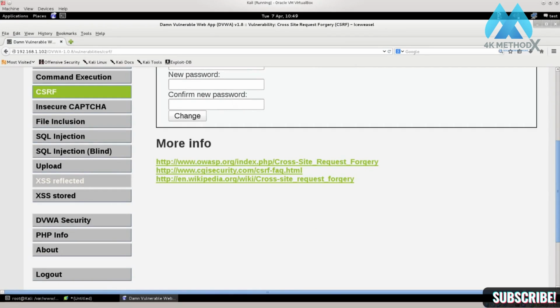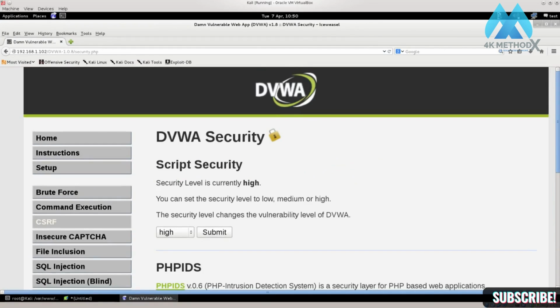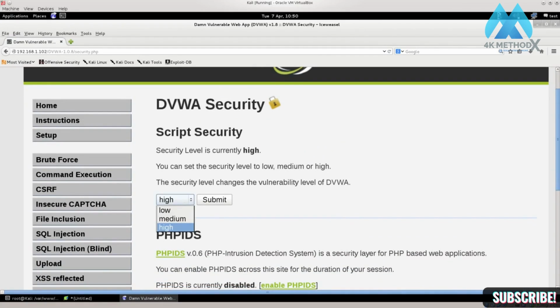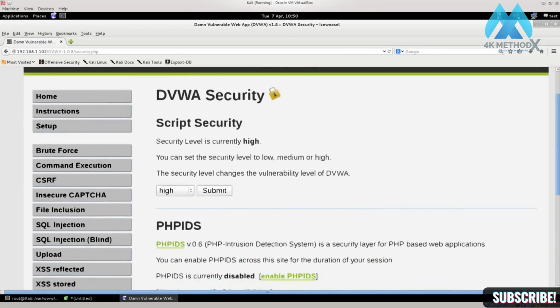I won't go through all of them, obviously, but I will go through some, as I said, to a significant amount anyway. And down below you have DVWA security. So go ahead and click on that. You are able to set the security level of this web application in general. It can be low, medium, or high. I would recommend that you go with high, primarily because that's going to reflect the real-life circumstances to the greatest degree. If you go with low, pretty much everything you do is going to fly, which is not the case in the real world. Anyway, now that it is set to high, click on Submit to remember the changes, and go